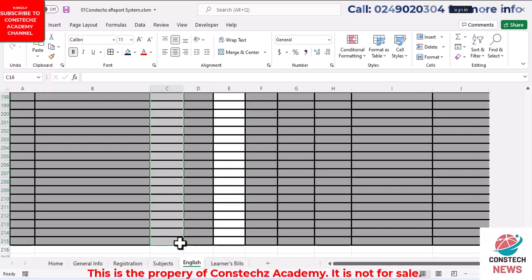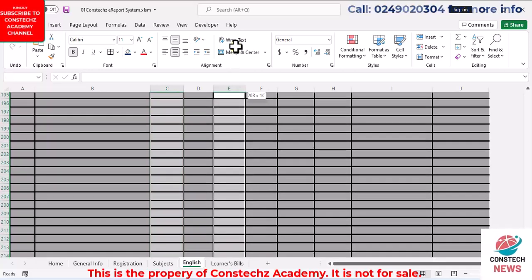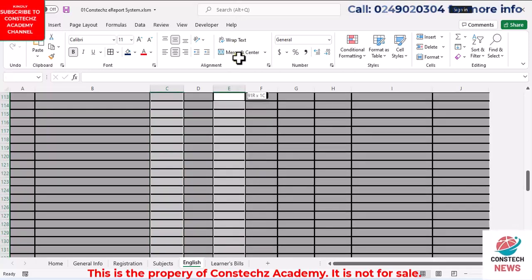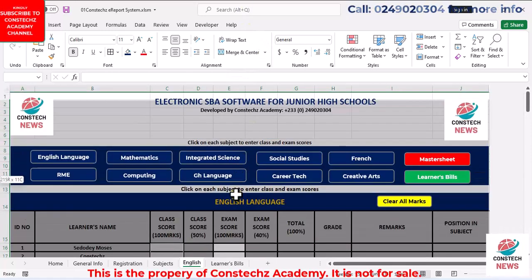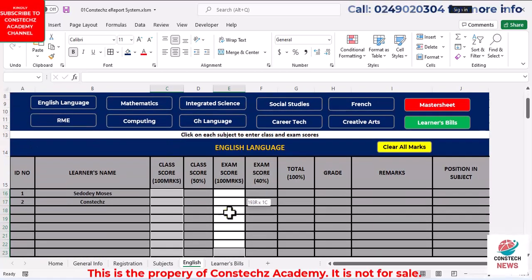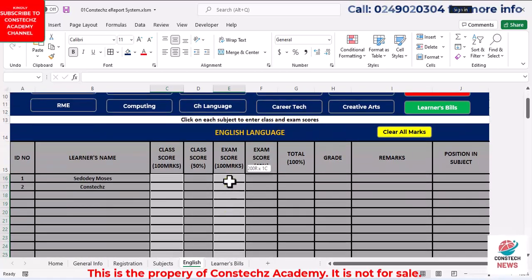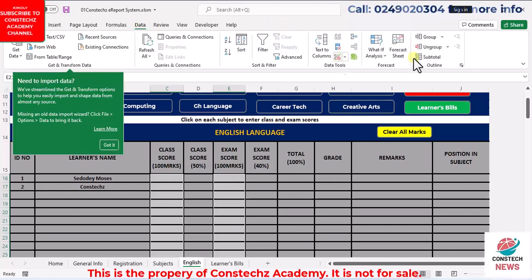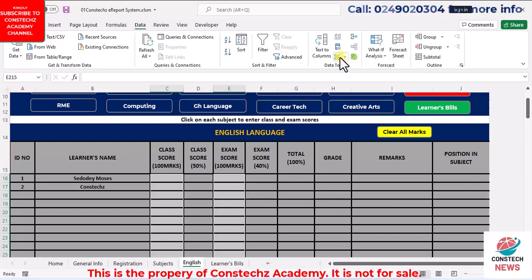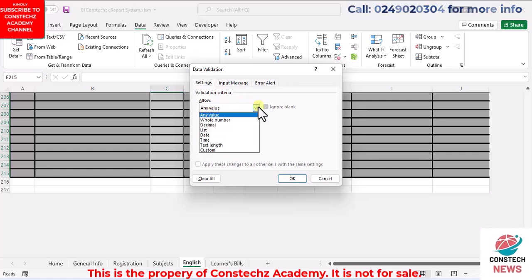So Control again, and I'll select this one in addition. Then I'll go to Data, then to data tools, click here, data validation, then click on